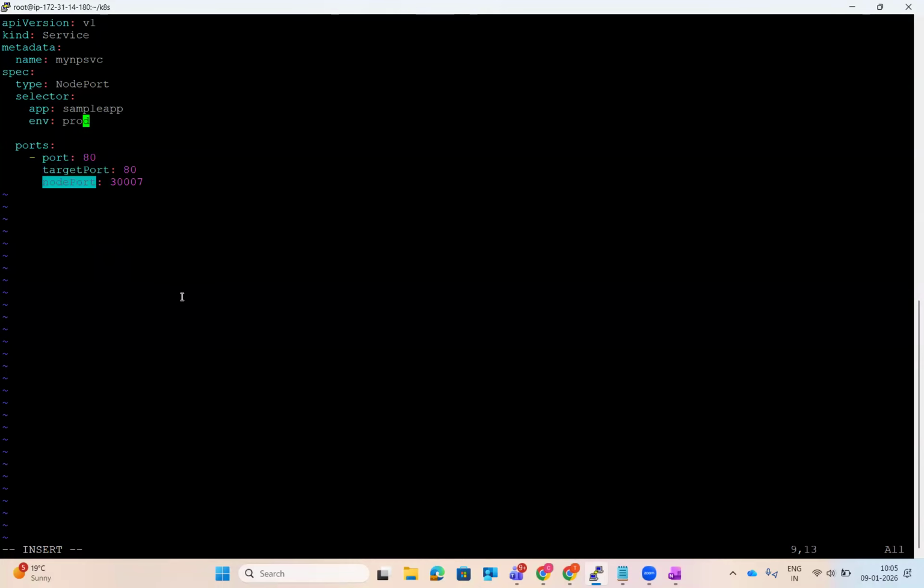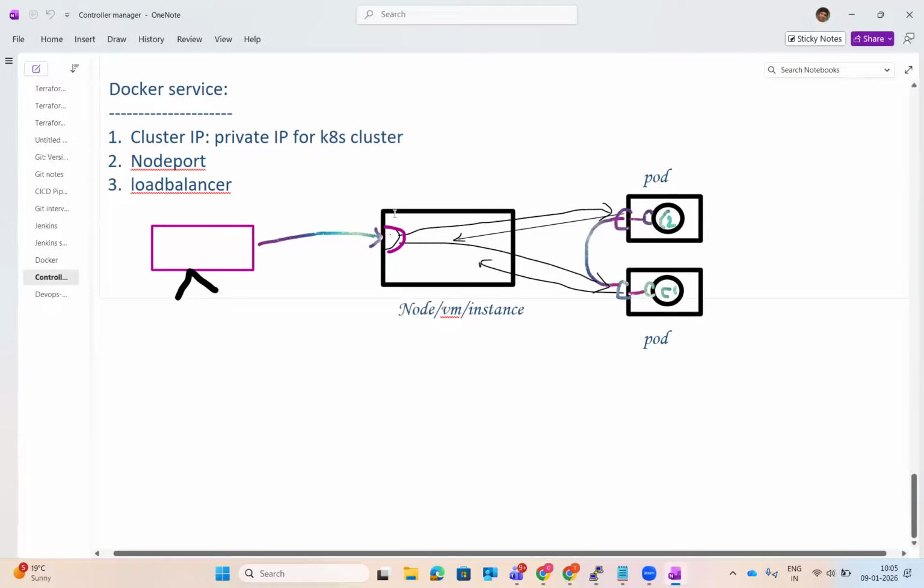One new keyword I'm introducing is nodePort. This nodePort is the port of the node, of your virtual machine. Node, instance, virtual machine, they are all the same. This nodePort is the port which will be exposed in your virtual machine. Any traffic which is entering will enter through this nodePort only,